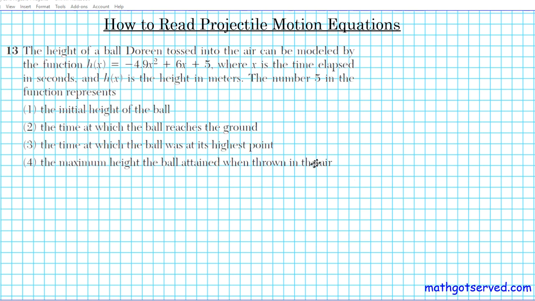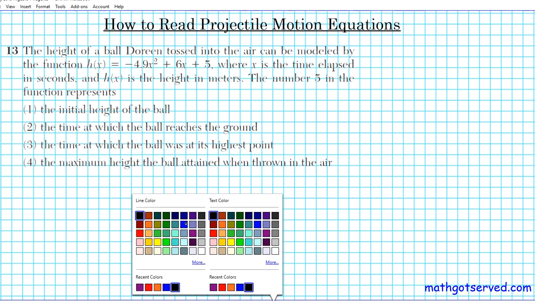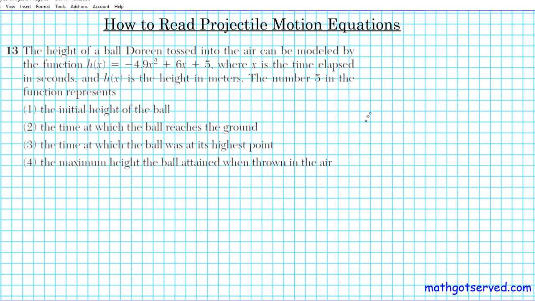We have four options here. To get us started, let's specify what the projectile motion equation is, and then we can identify what the different components are. This formula is for your projectile motion. Your projectile motion equation is h of x. Sometimes it's written in terms of t, but the independent variable here is x, so we're going to use x. h of x equals